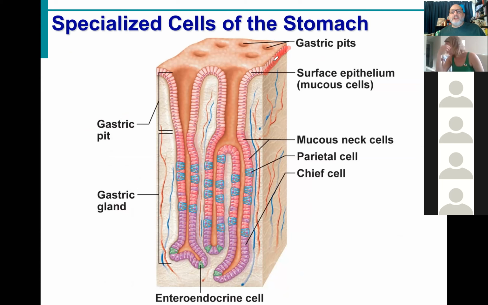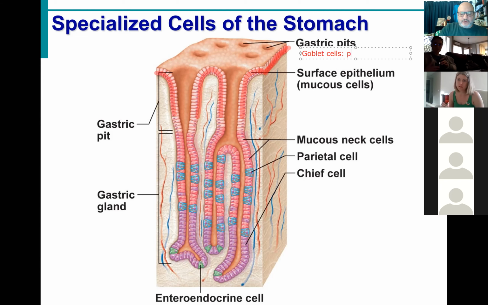We have our simple columnar cells lining the surface of the stomach, and notice they also line the gastric pits. I will remind you also there are massive numbers of goblet cells located in this epithelial tissue that is lining the surface. And someone remind me again what goblet cells do? Produce mucin. Exactly, they produce mucin,